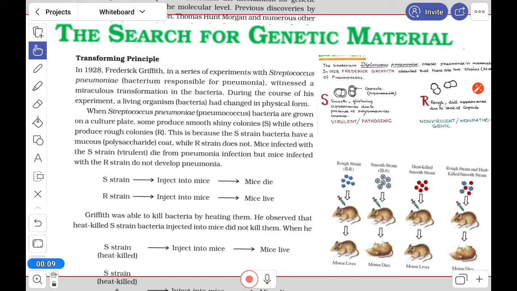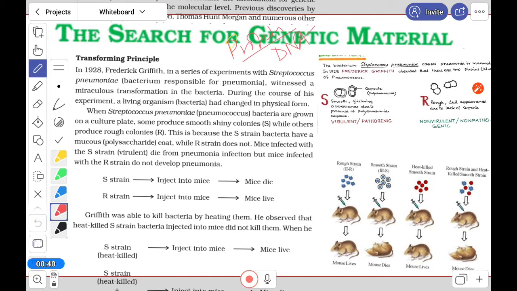We know that from Mendel to Morgan, for a long time, something was there that acts as genetic material. It means that, actually, what is the genetic material? That search went on for a long time, whether it is protein or DNA, RNA, that means nucleic acid. So that search was there for a long time.